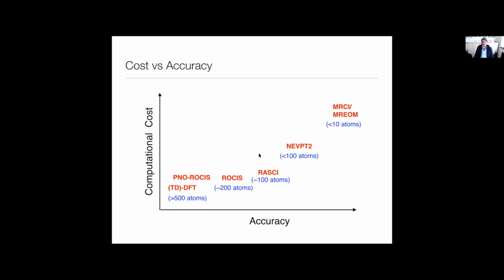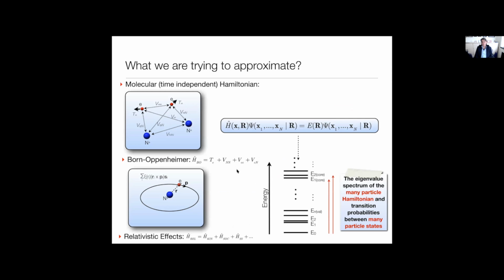And I will start by talking briefly about one of my pet peeves, and that is, what is it that we're really trying to approximate? What any spectrometer sees are energy eigenstates, and so energy eigenstates of the Hamiltonian. I'm not talking about time-resolved spectroscopy here, obviously, so it's just the regular static or time-independent approach that we're following here. And the molecule through the eyes of a physicist is relatively simple.